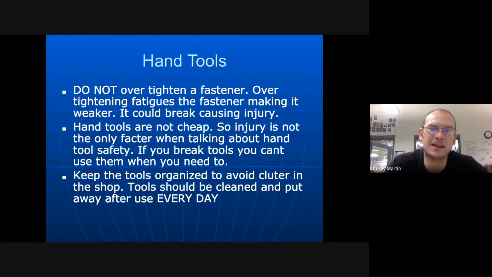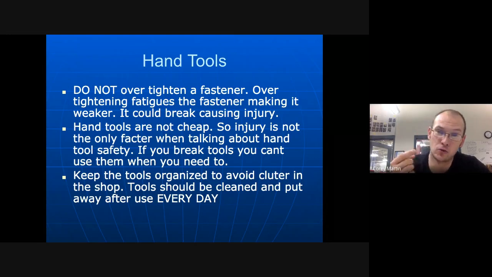So talking about lug nuts specifically, first thing that students want to do is they want to get an air impact or an electric impact, and they want to hammer that lug nut on. We don't do that in this shop. We will use a torque wrench on every single wheel that we put on every single vehicle before it leaves this building. The reason being, number one, we want to make sure that those lug nuts are tight. We do not want to leave lug nuts loose.